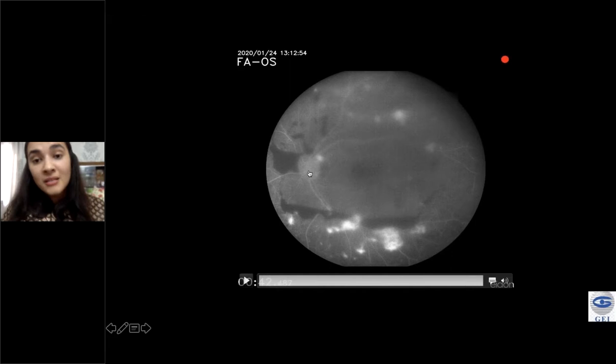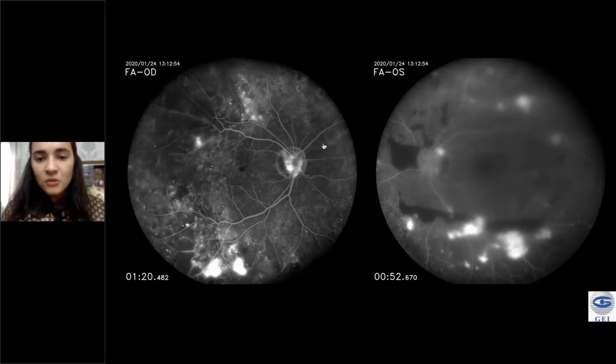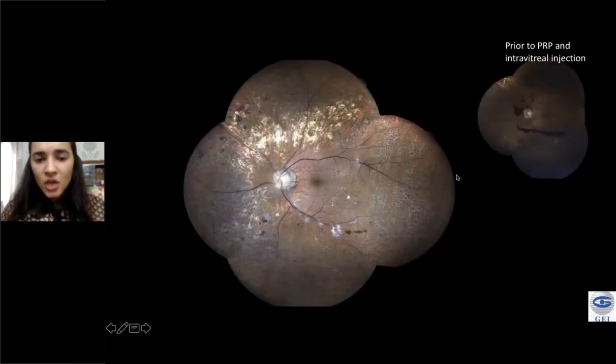So it is in high risk PDR, which has already bled and may bleed further if you're not too aggressive about it. So we were pretty aggressive about this patient. He had a high risk PDR, both the eyes already bleeding in the left eye. We went ahead, did an injection, did a laser, and you can see how beautifully the inset picture is the previous one. So after the laser injection, the frond has regressed, the bleed has settled down, and we were able to medically manage the patient.